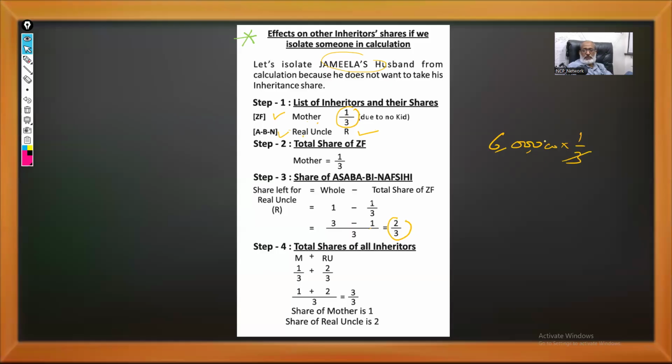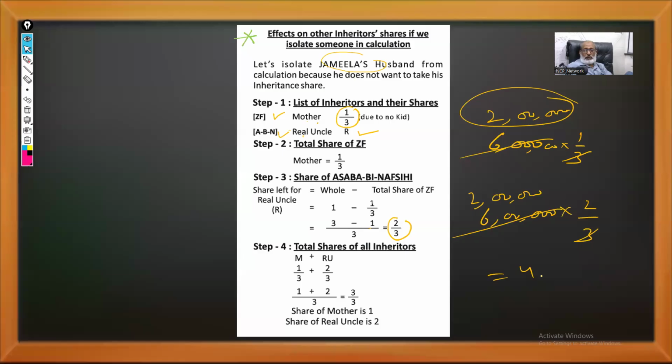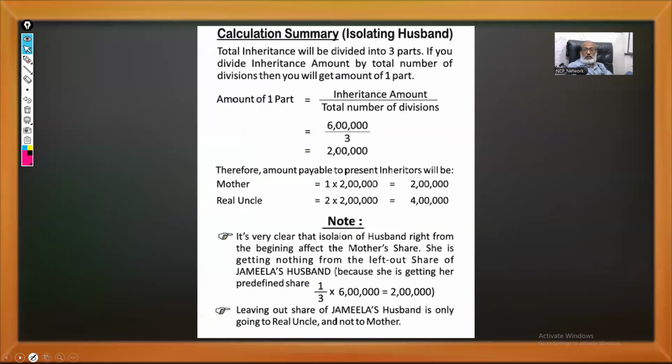It means 6 lakh multiplied by 1 by 3, that is 2 lakh, is going to the mother, and 2 by 3 of this, that is 2 lakh multiplied by 2, so 4 lakh is going to the real uncle. So whatever the amount of the husband, that is the 3 lakh, the mother is getting nothing,